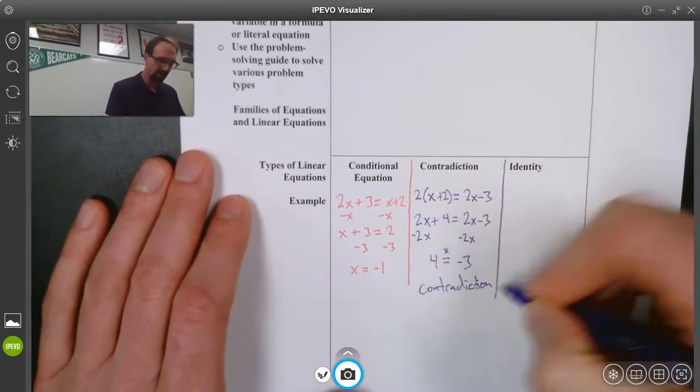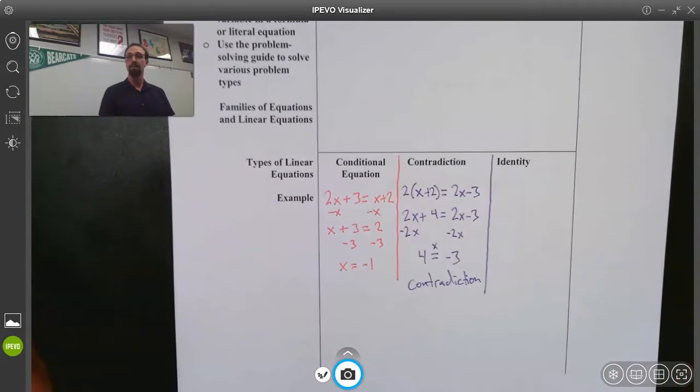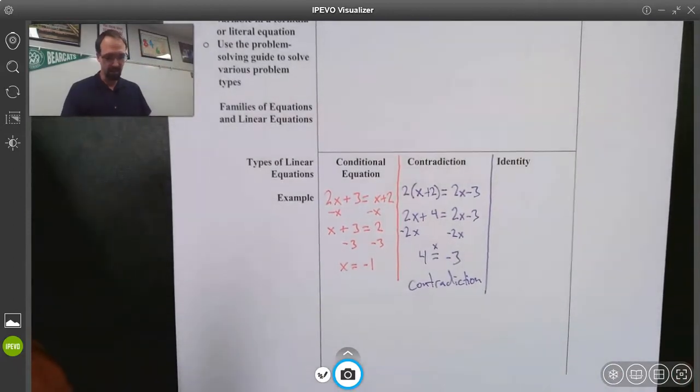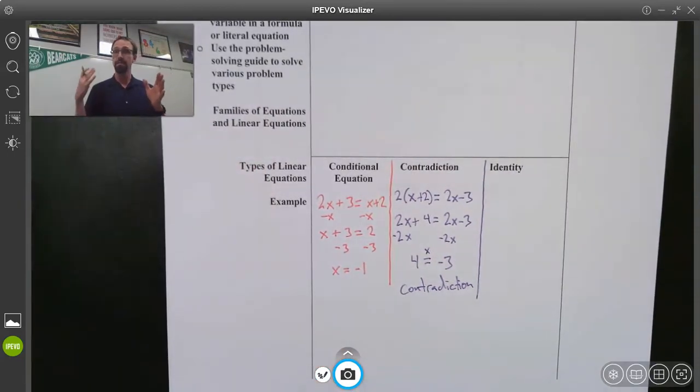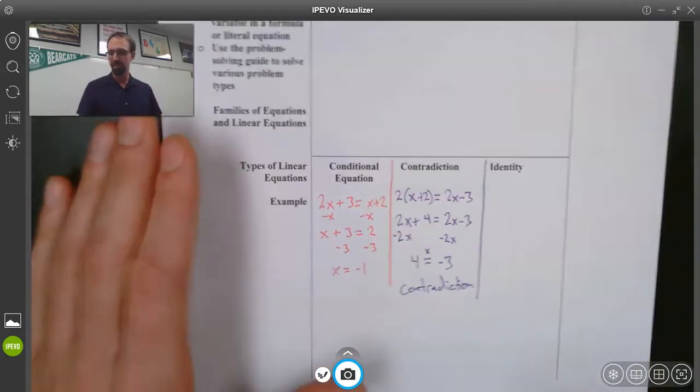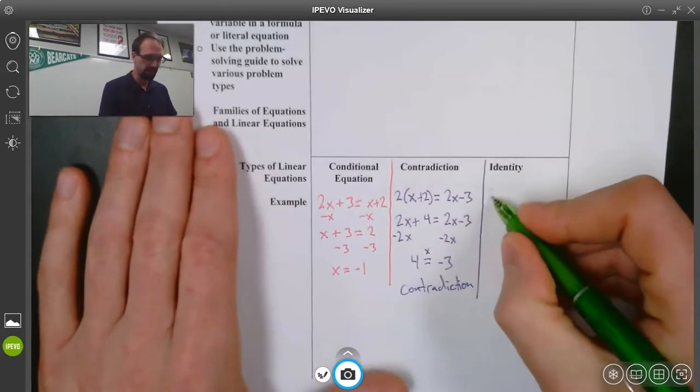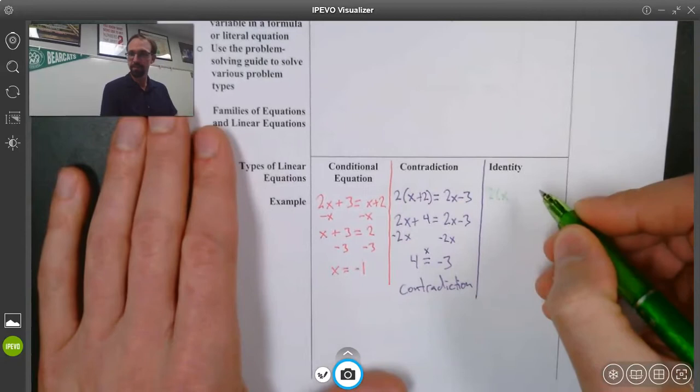And the last one that we have in linear equations is identity. Identity is a situation where we have the left-hand side of the equal sign equaling the right-hand side because they're exactly the same thing, value, variable, expression, whatever. An example of this would be if I have 2 times (x